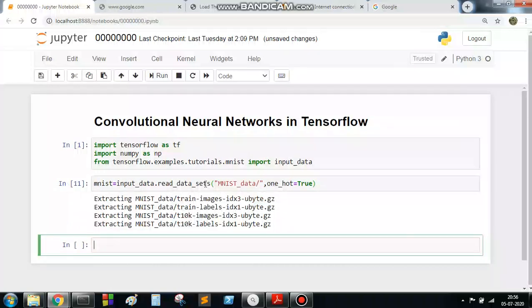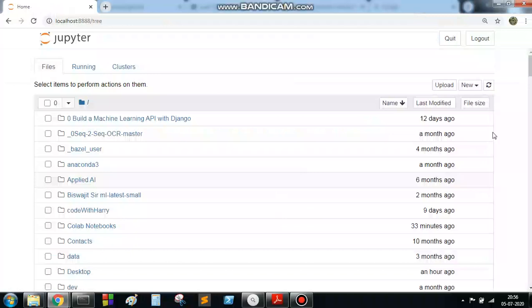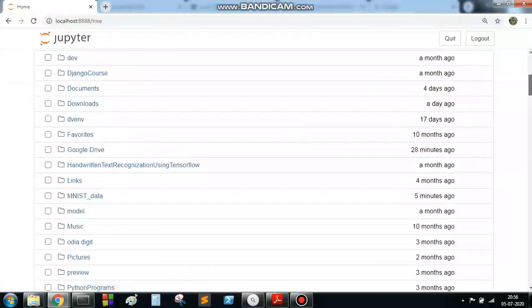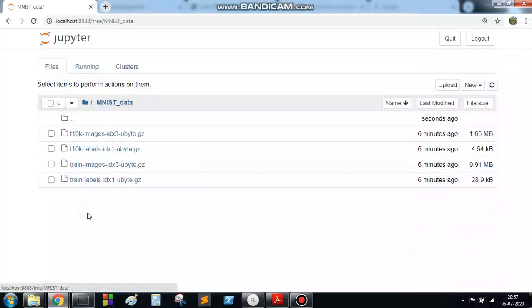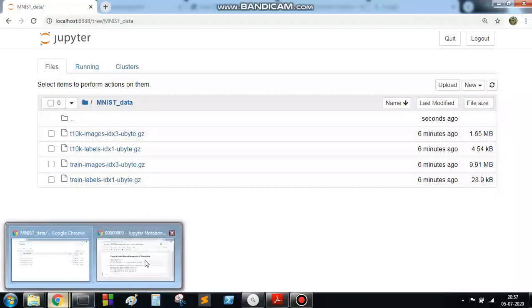If you are going to check this, let's go here. You can check here, a folder is already created in my current working directory. If I go inside this folder, I can find the following downloaded files.